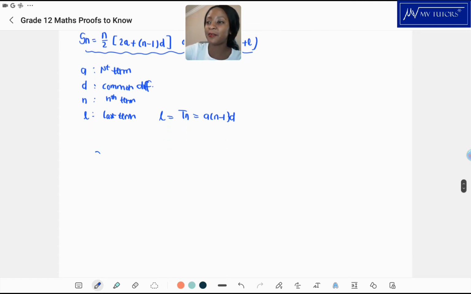So you have your sum over there, to however many terms you have. Your first term would be a. Your second term would be a plus d, because that is the common difference. Your third term would be a plus 2d. Fourth term would be a plus 3d, and so on until you get to your last term. The term before the last term would be